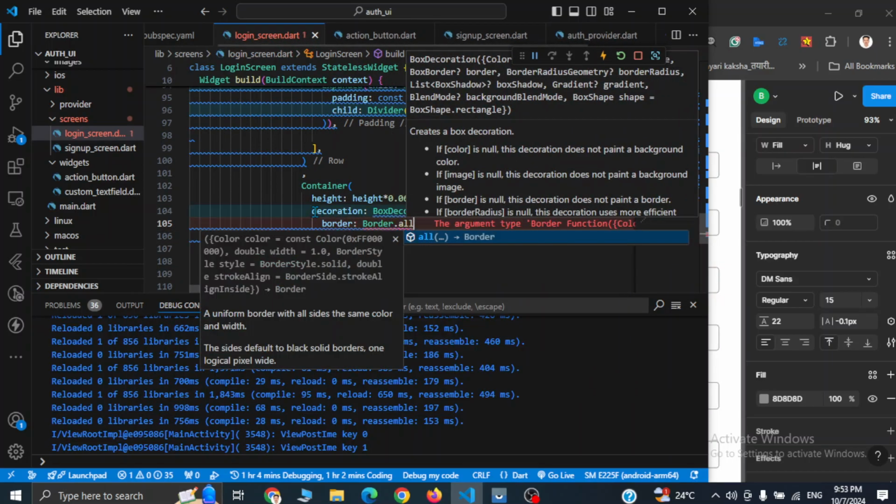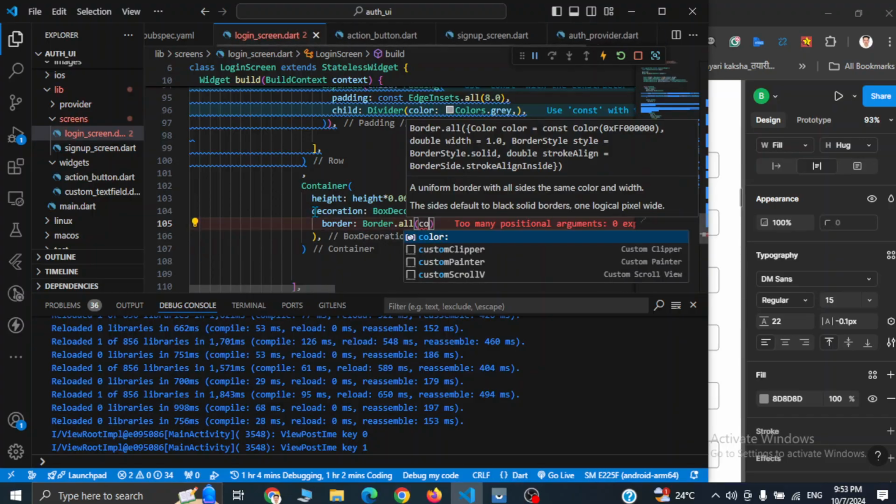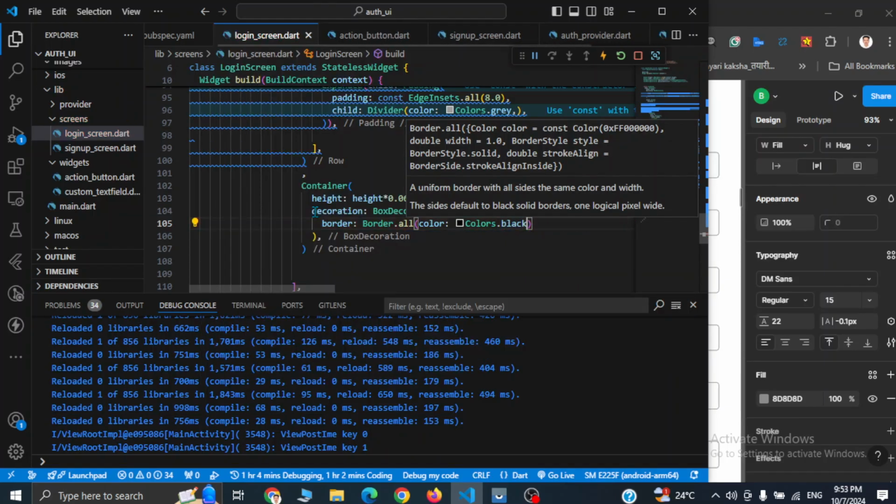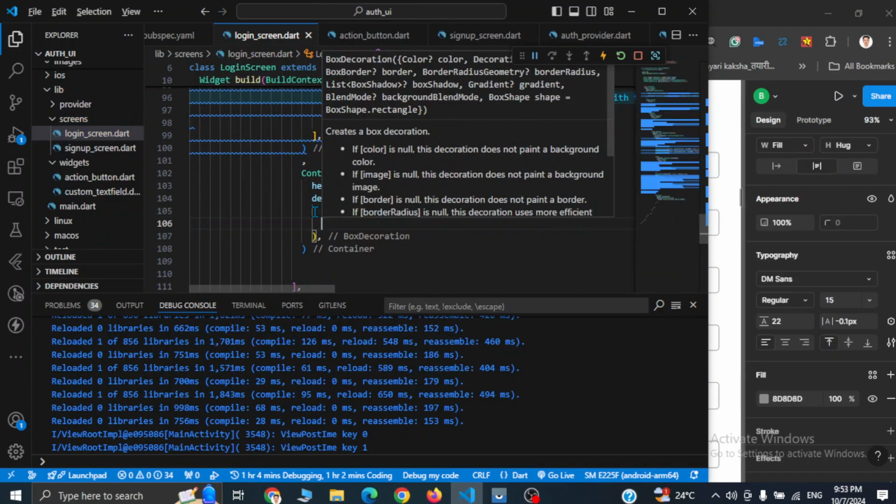Border.all, color is going to be Colors.black,